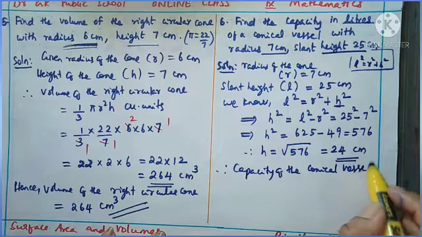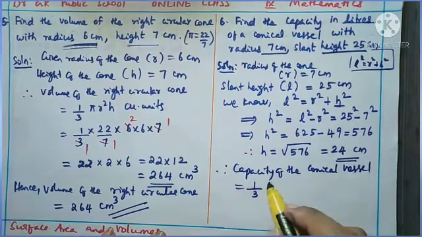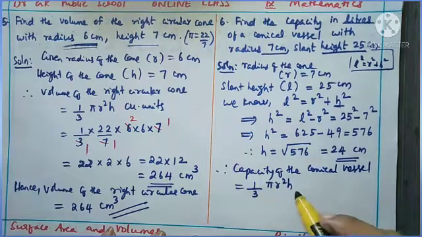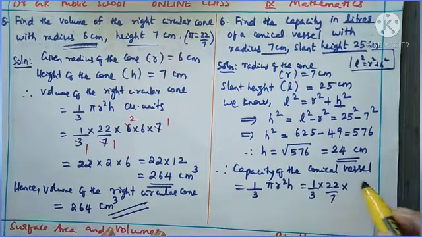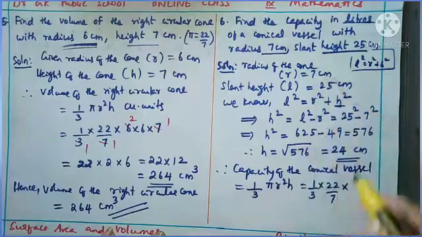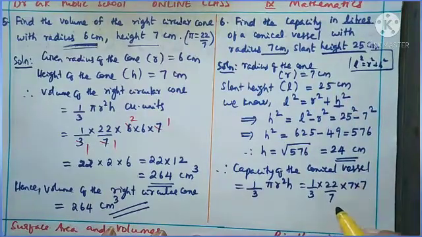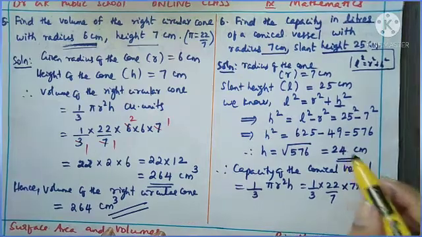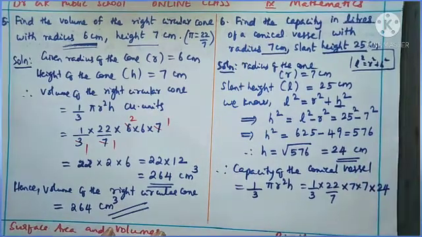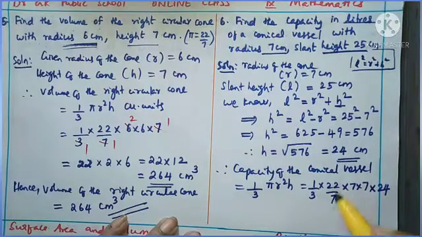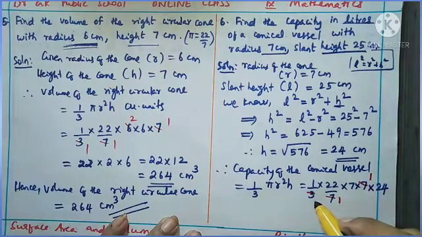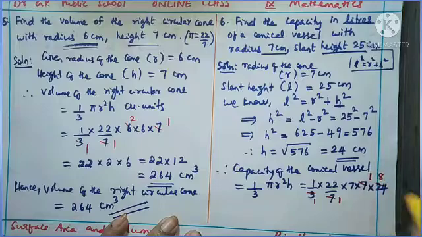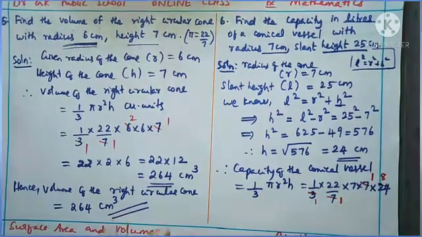So therefore capacity of the conical vessel, correct? Capacity of the conical vessel equal to, write the formula, 1 by 3 pi r square h. Okay, now put the values. 1 by 3 into 22 by 7 into r square is, what is r? 7. So 7 into 7, okay, 2 times, into h. h we got now 24. Now you can reduce the numbers. 7 and 7 can be cancelled. Then 1 3 is 3. This 24, 8 times. 8 3s are 24.